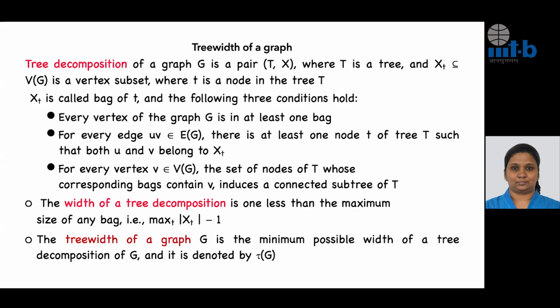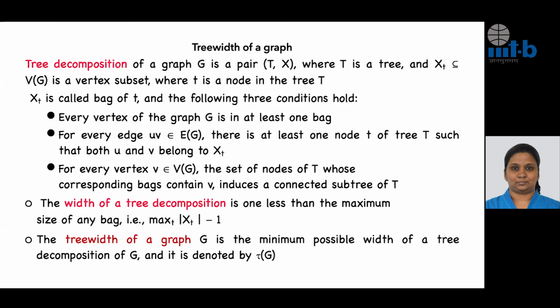For example, small tree width implies small vertex separators, and also the vertex cover, the coloring number, the chromatic number, all can be bounded by tree width. Just to tell the relevance of using tree width as a parameter, one practical way of saying that studying tree width as a parameter makes sense,